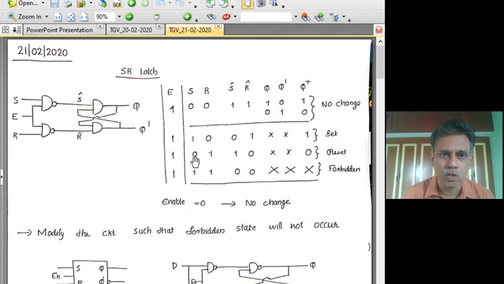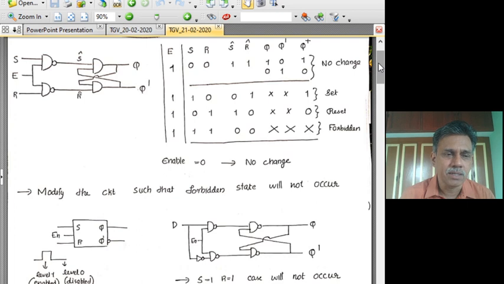Similarly, S equal to 0, R equal to 1 is a reset condition, because when it comes here it flips and then it resets the latch. And a 1 1 at S and R makes a 0 0 in S cap and R cap, which is forbidden, and this is how it works. Enable 0 is a no change one. Well, now we have looked at the enabled SR latch realized using cross coupled NOT gates, and this is the shorthand or building block notation of this enabled SR latch.